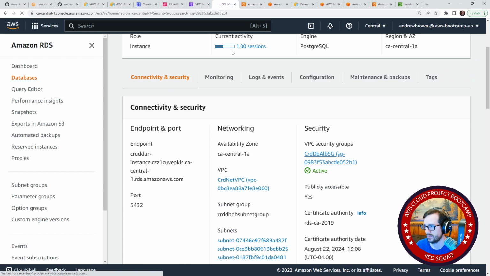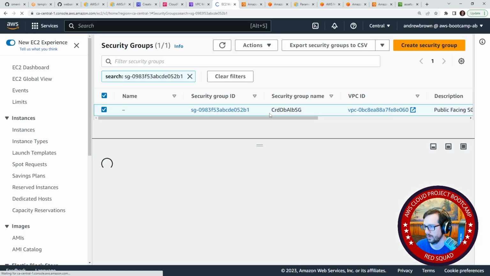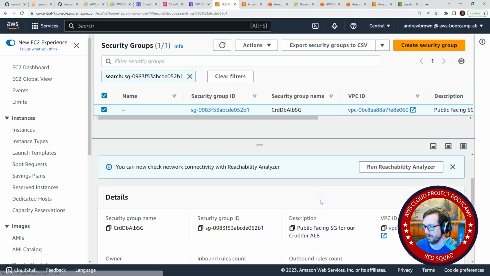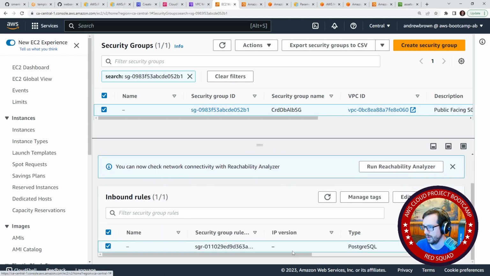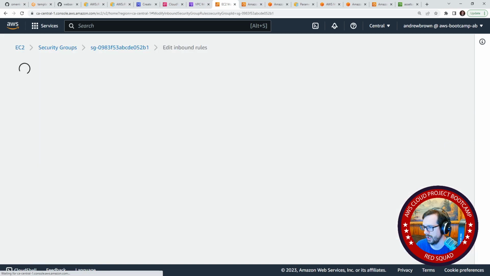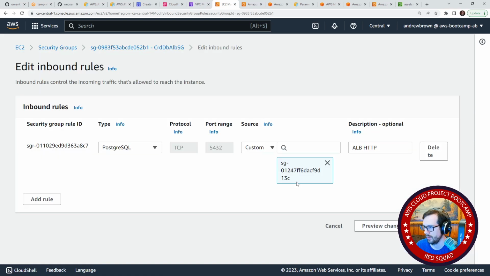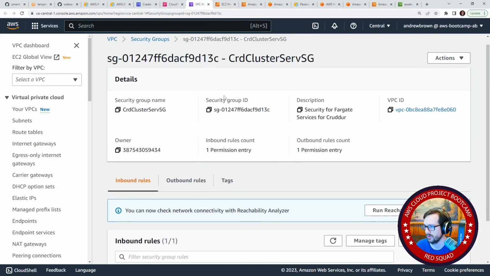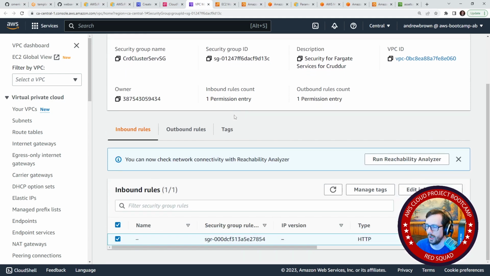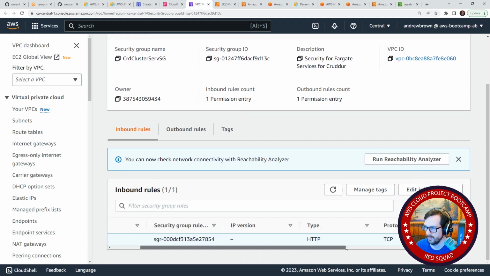We'll click into this. And I'm going to go down below here into our inbound rules. And we are allowing a connection here from this one, SG01247. We go over here. This one is called SG01247. So the permissions are set up correctly here,